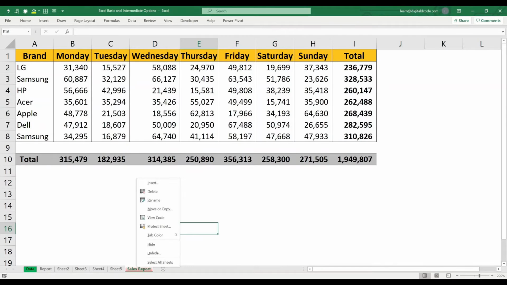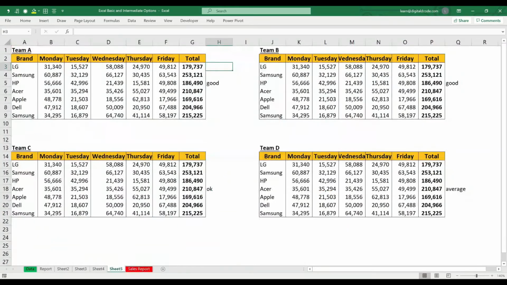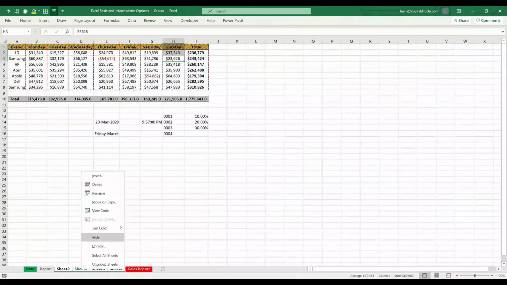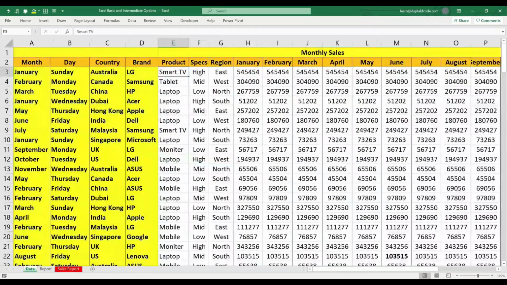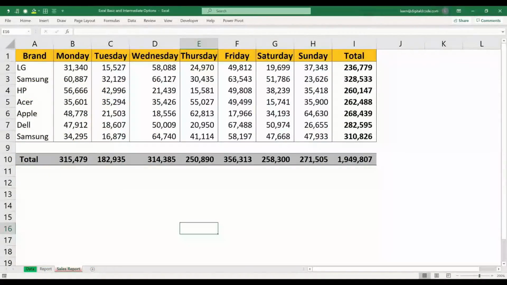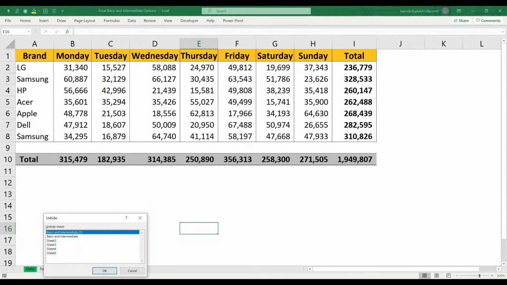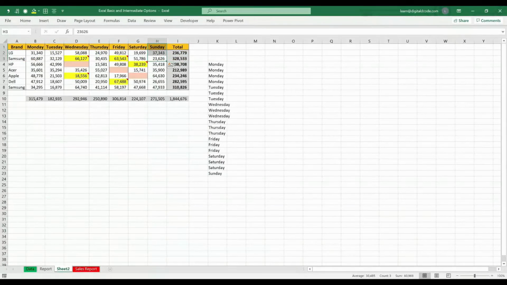And then we have hide. In case I want to hide a sheet, let me hide everything. I'll keep only the 3 sheets. Whatever sheets you want to hide, just select, right click, hide. Now I have hidden all the 4 sheets. Now I have only these 3 reports. To unhide, again right click, unhide sheet. Here you can choose whatever sheet you want to unhide. Now I want only this sheet to be unhidden, so I am unhiding the sheet.